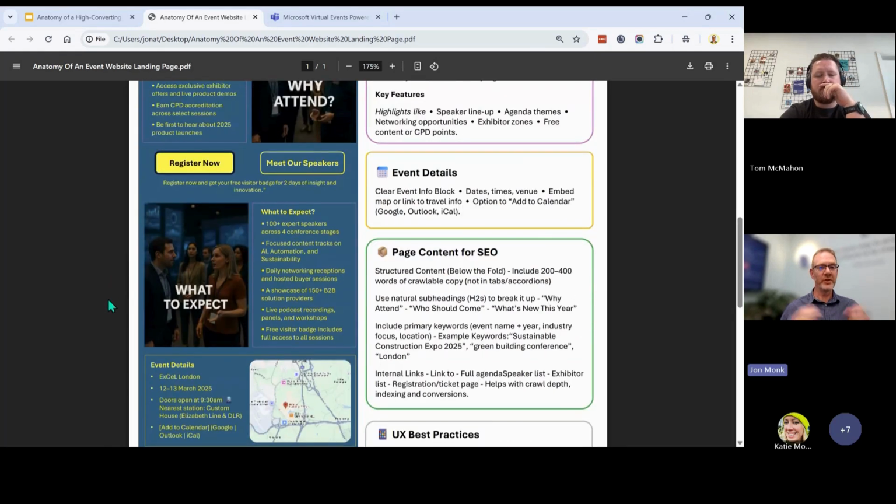Again, we want a little bit more information about the event. And in this particular case, we've spoken about speakers and stages. We're mentioning the different topics that are being discussed: AI, automation, sustainability in this particular event. We speak about live recordings, workshops, all sorts of things. Obviously, this will be very much dependent on your event and what you have on. But try, in a very concise and easily digestible format, to make sure that you have all of the information